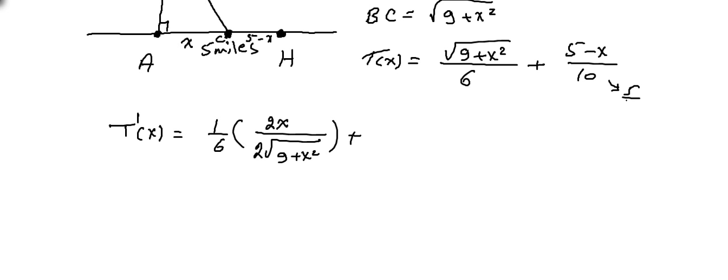This is 5 over 10 has a derivative 0, and minus x over 10 has a derivative of minus 1 over 10. Taking this derivative equals 0, the 2 cancels, giving x over